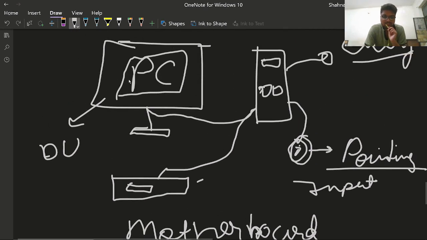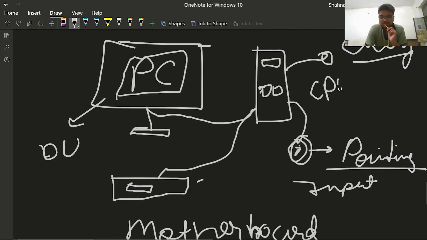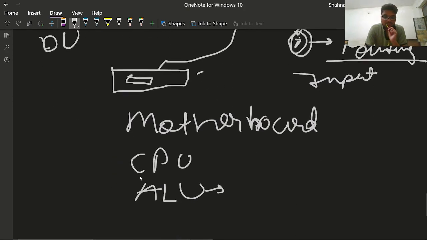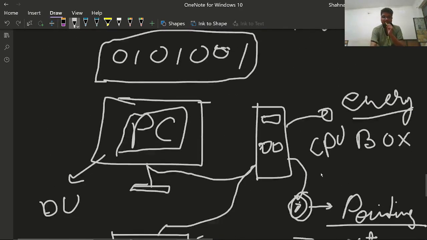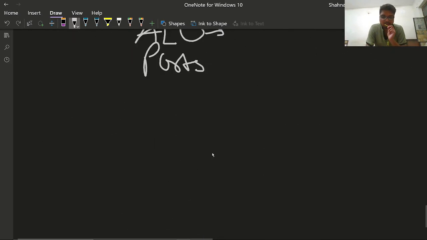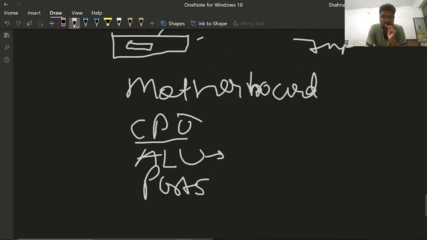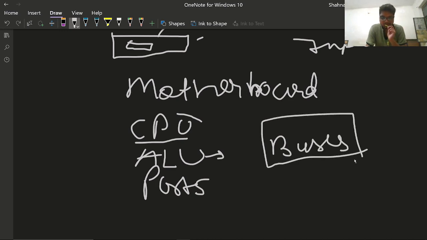So this is what we see in the real world, but the main architecture is inside this CPU box. Although the CPU is a device which is inside the CPU box, the whole box is known as the CPU box. There are also some ports, for example, to insert a pen drive. These ports are connected to the hard disk and the motherboard, or you can say the CPU, via buses. Buses are the communication channel. We will discuss this further in the lectures.